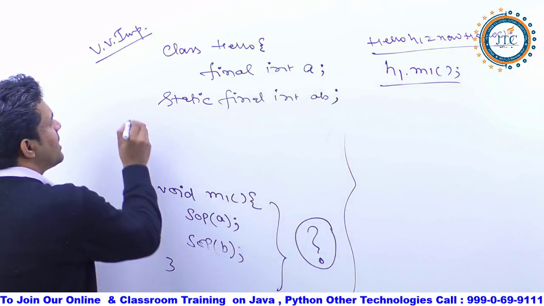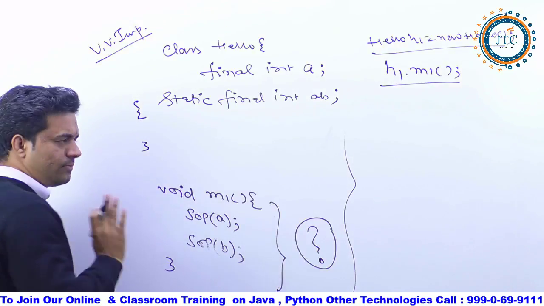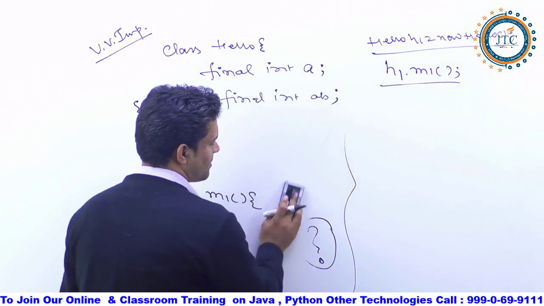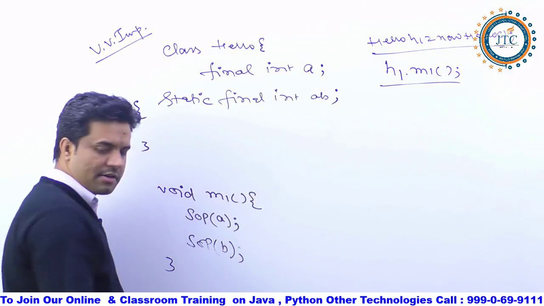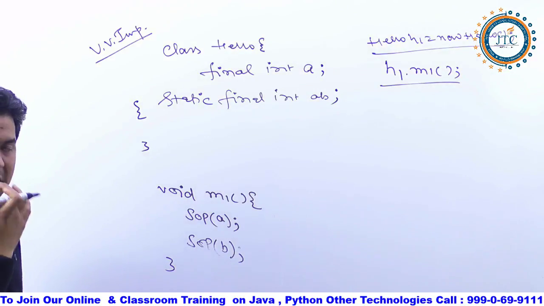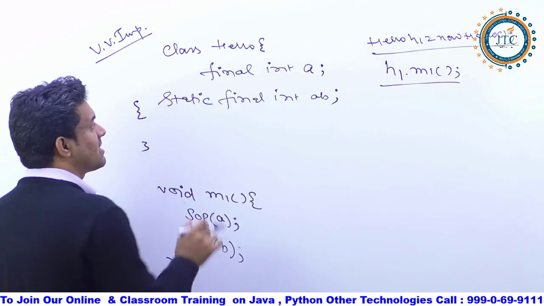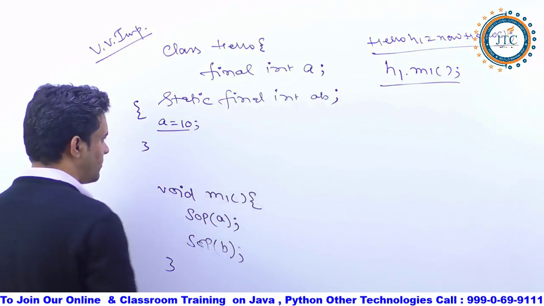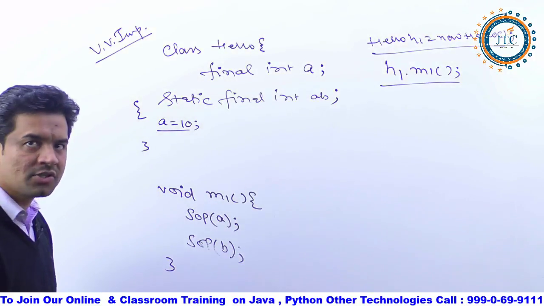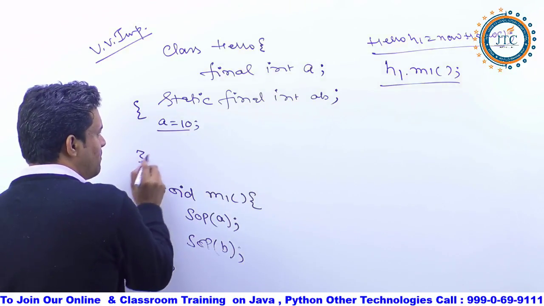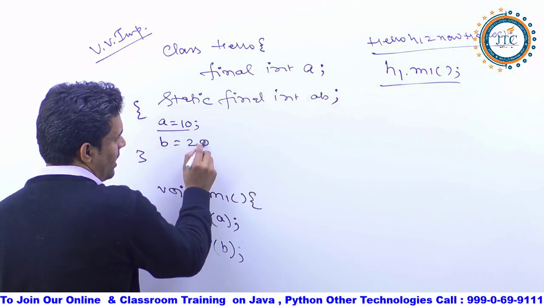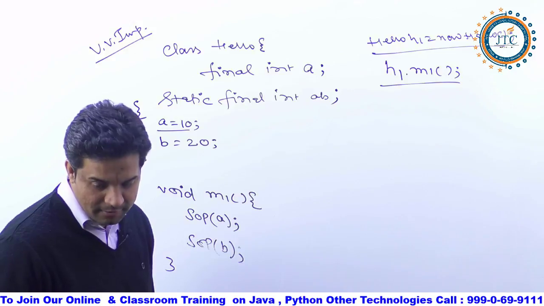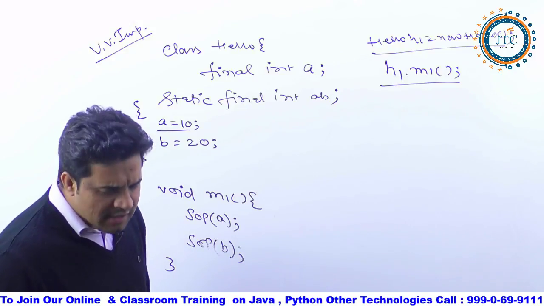Let's see. Here I'll write, suppose, instance block. In case I am writing it inside the instance block, if I am writing all these things inside the instance block, let's understand it here. So inside the instance block, suppose I am writing A is equal to 10. A is equal to 10 I have initialized, and in the same block B is equal to 20 I have initialized. Imagine, just imagination I am asking you to do. Okay? Now if this is done,